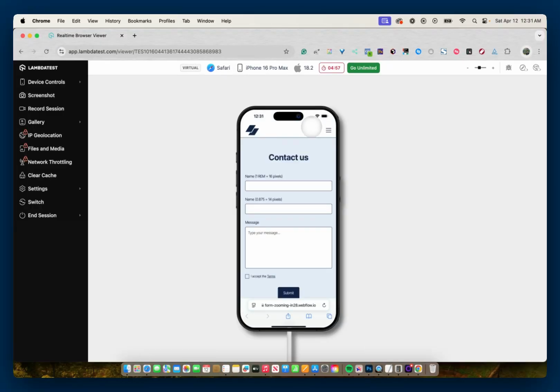And once the session has started, we can click into our top input, which is 1 rem or 16 pixels, and I can start typing a name. So for example, we can put, and it works as intended. There's no zoom in. But watch what happens as I go to the second input, which is at 0.875 rem